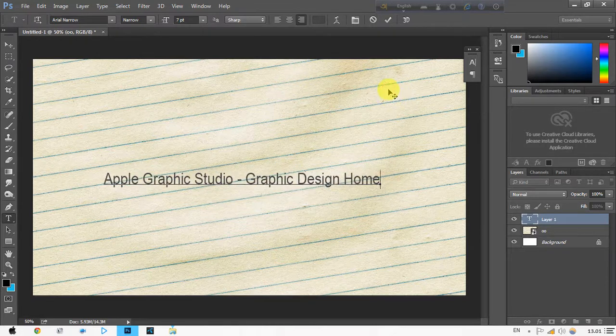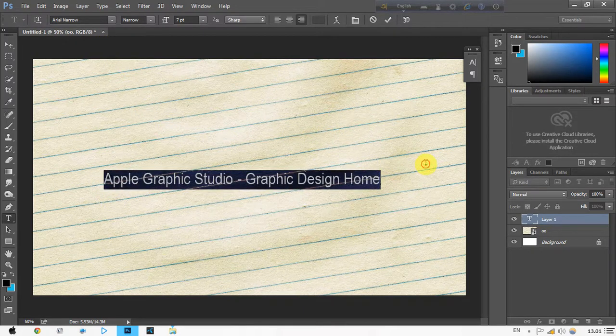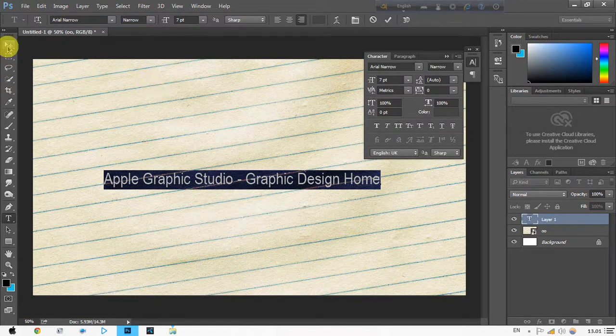Okay, and now I will select a text style from here. Just mark all text by pressing the mouse and press Ctrl T and select the move tool.